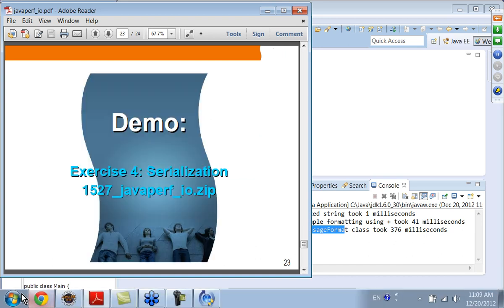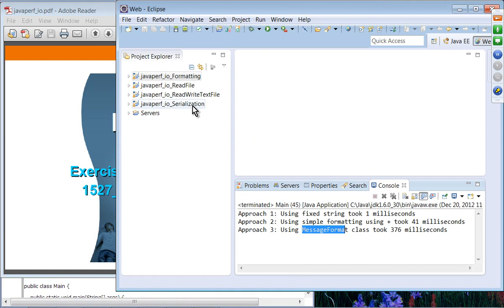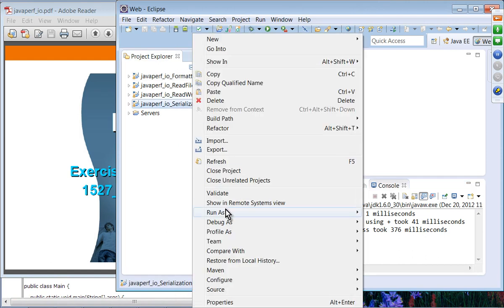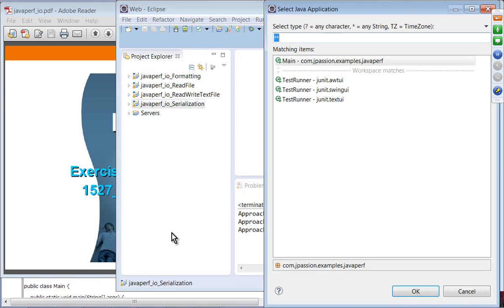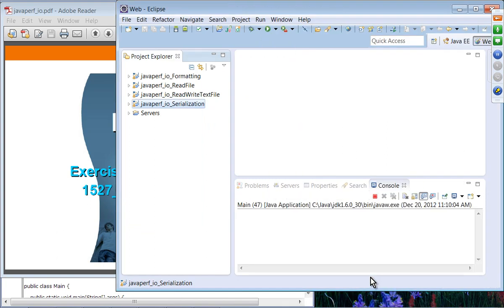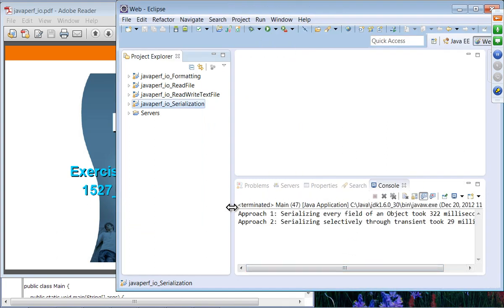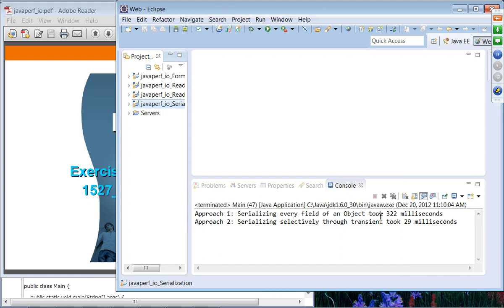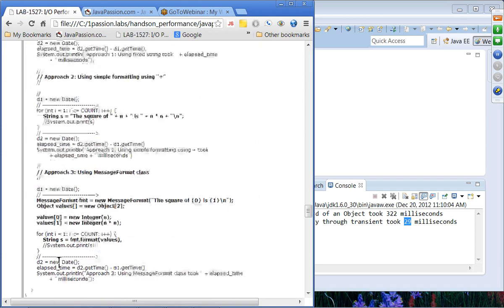All right, so let's do the serialization exercise. So here we are comparing the case where every field of an object gets serialized, and then we are selectively serializing. So obviously, the time difference is very significant. Okay, so if you take a look at the code,